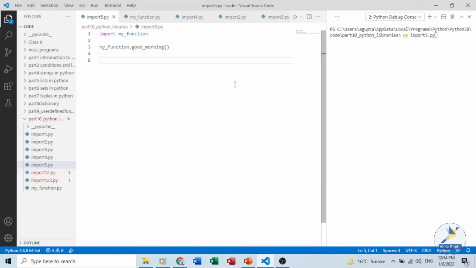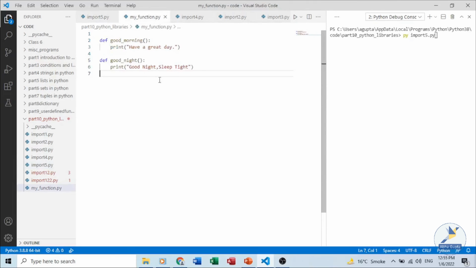Till now we were importing library modules, predefined modules, but we can also import a user defined module in our program. For example, in this program I am importing my function, which is a module which I have created, and as told earlier, it's a .py file.